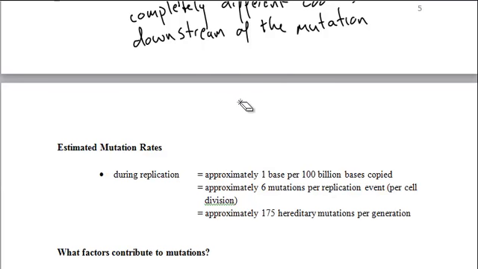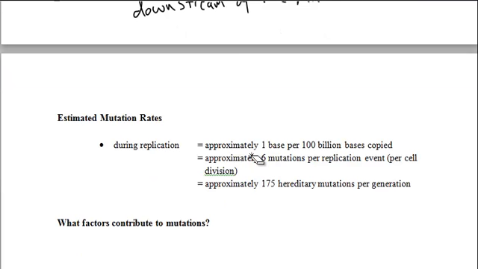So if you're looking at mutation rates, they vary depending on species. They tend to be higher in bacteria, which reproduce more quickly and don't have as many proofreading mechanisms. In humans, it's approximately 1 base per 100 billion bases copied, which translates to about 6 mutations per cell division. Now, if you do the math, that 6 mutations seems a little bit low, but it's because we have proofreading enzymes